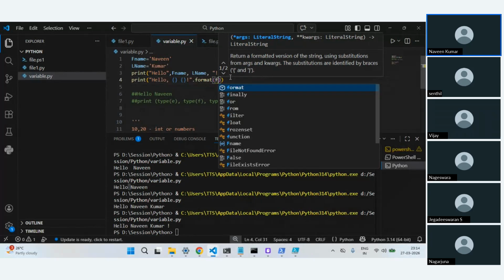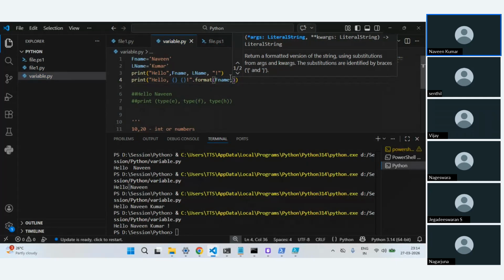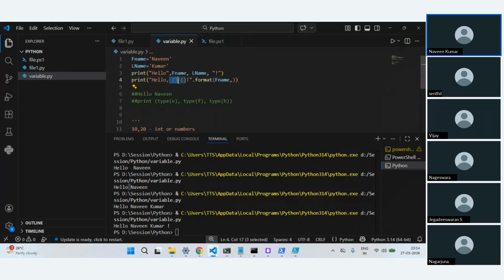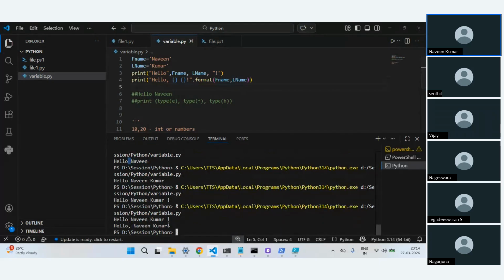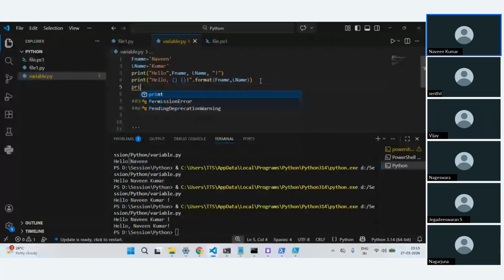So I'm going to tell what are the values which I have to supply in these brackets. Okay, I can just say like this. This will also do the same thing, whatever we have written. Again, this is also something which is not commonly used, so I'll show you one more method, which will be much better.